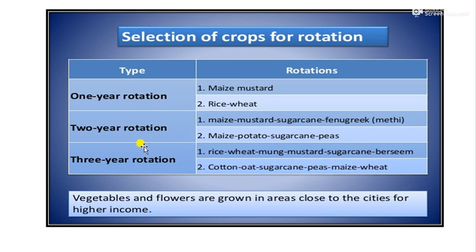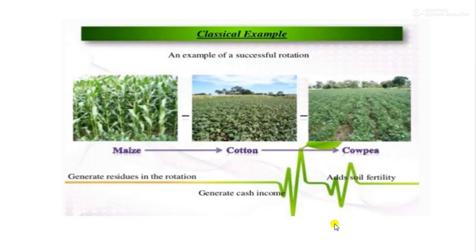These are examples of the selection of rotation, that is 1 year, 2 years or 3 years. Accordingly, you have to select the crops with their families, according to demand, and according to the nutrients or the root systems. And then vegetables and flowers are also grown in the areas close to the cities for higher income. This next one, you can see, is a classical example of a successful rotation, that is maize